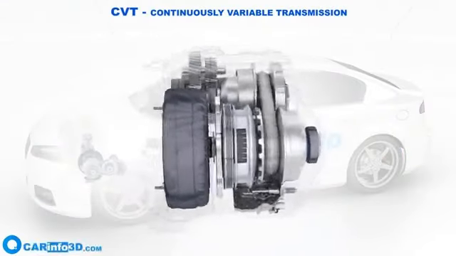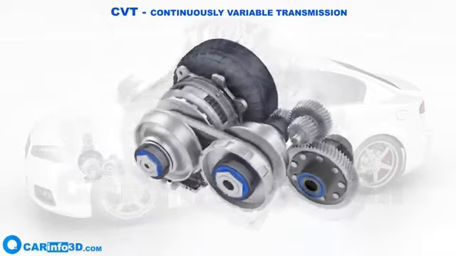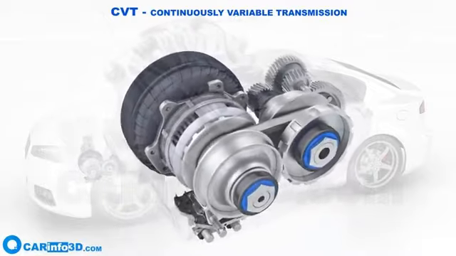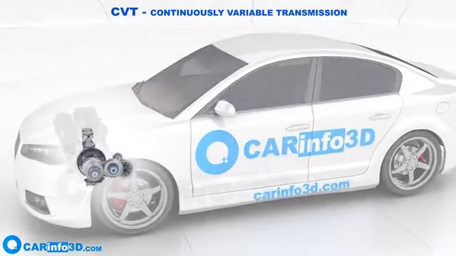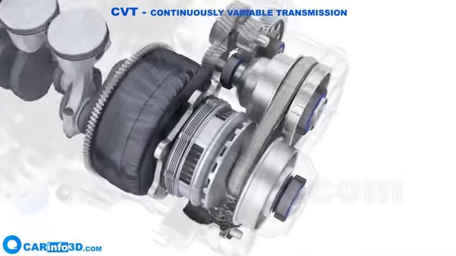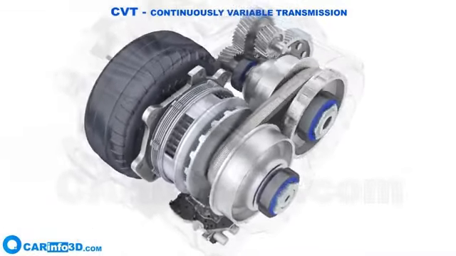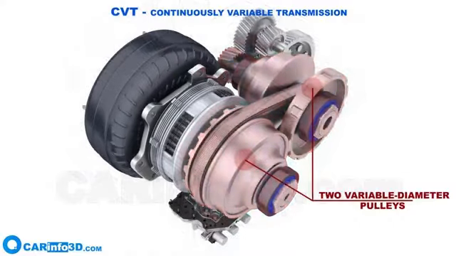continuously variable transmission, or CVT. CVT is a type of automatic transmission that is commonly utilized in passenger cars. We'll go over the CVT's design and operation using a typical example. In this case, the system incorporates two variable diameter pulleys that transmit torque and can continually change gear ratio as